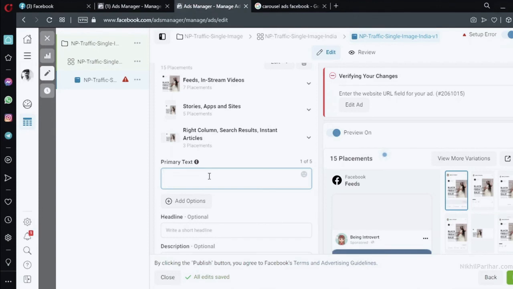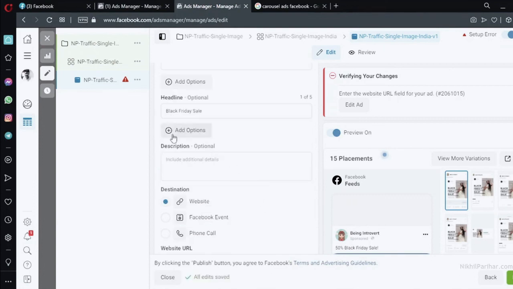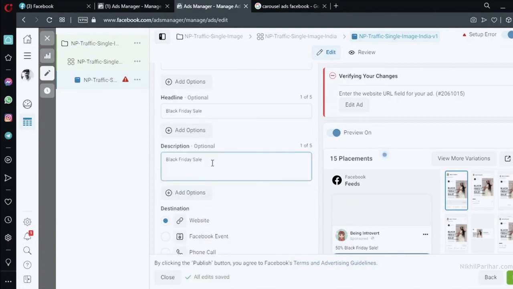and there's no limit in the primary text. As many as you want, you can put as many words here. So if this is a Black Friday sale, I'll just put it as 50% Black Friday sale. Okay, and just write more things about what this sale is about and all those options here. And then headline, I'll just put it as a Black Friday sale. I'm just making it simple for you guys. So Black Friday description also, I'll just put the same. Go ahead and write better descriptions, better headlines here for it to look better.